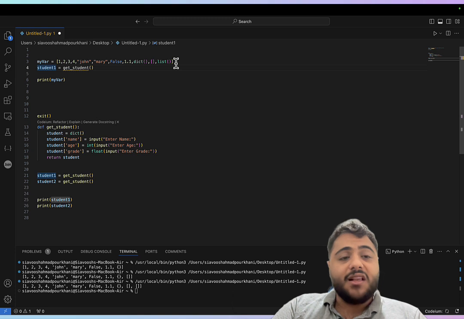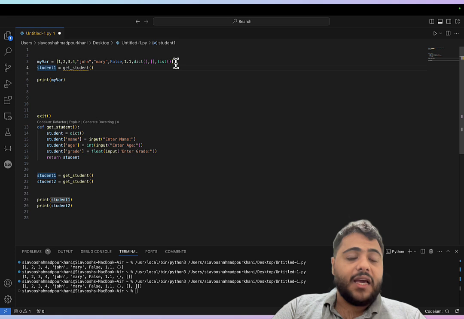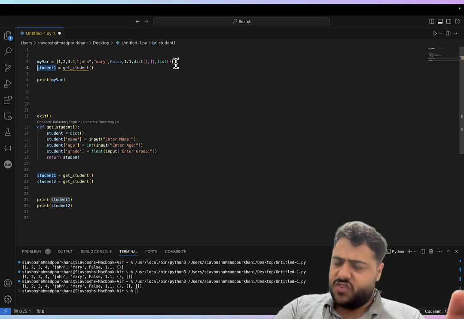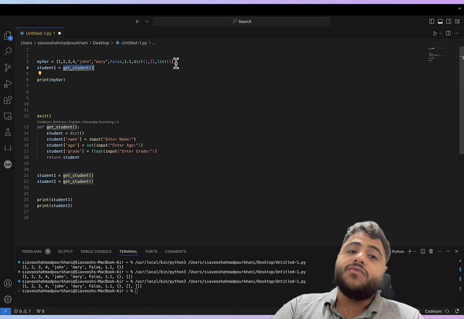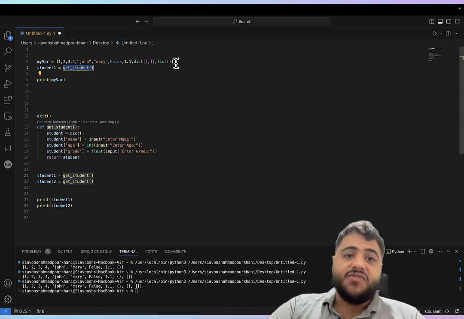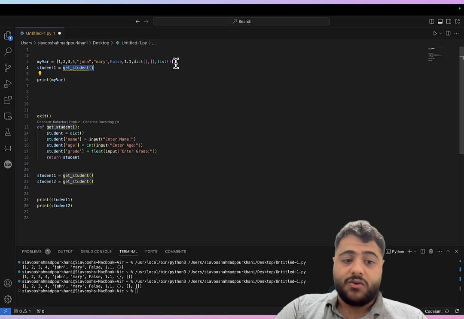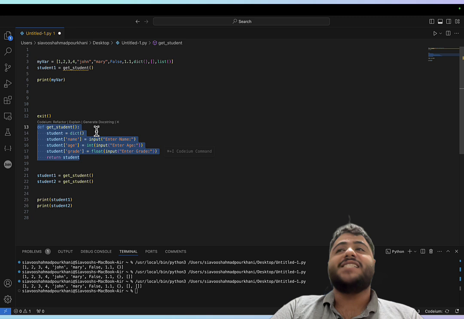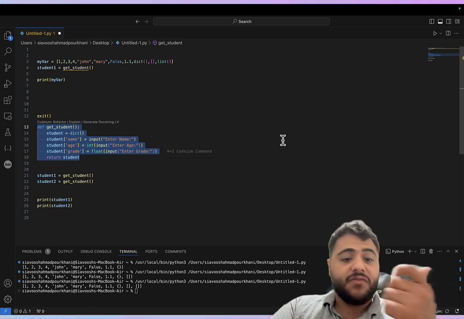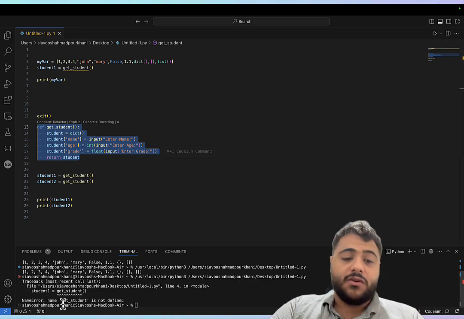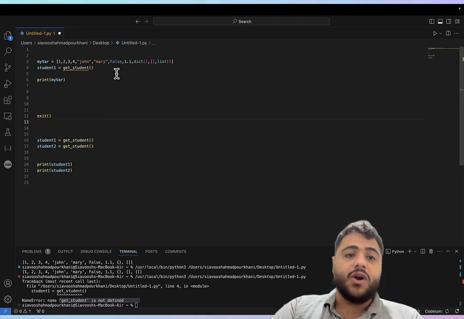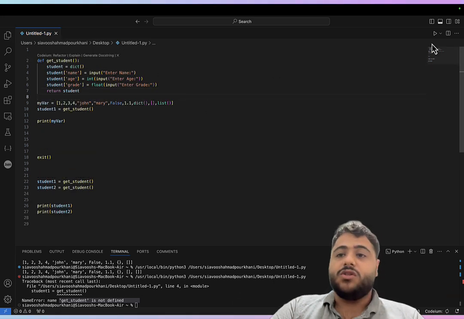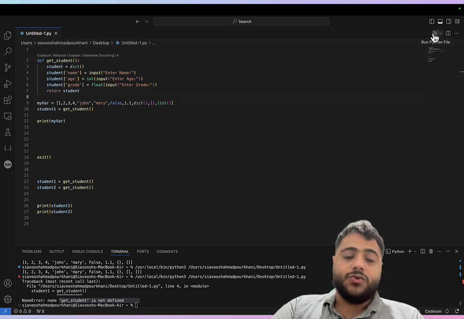So at the fourth line, we are going to define a variable called student1, which is fine, but the value is coming from the getStudent function, which we haven't defined yet. So that's an error. We have the getStudent, but it's going to be defined at a later statement. So if I run this, I will hit an error which says getStudent is not defined. So if you want to use any function, you have to define it first. So I just need to move this to the upper